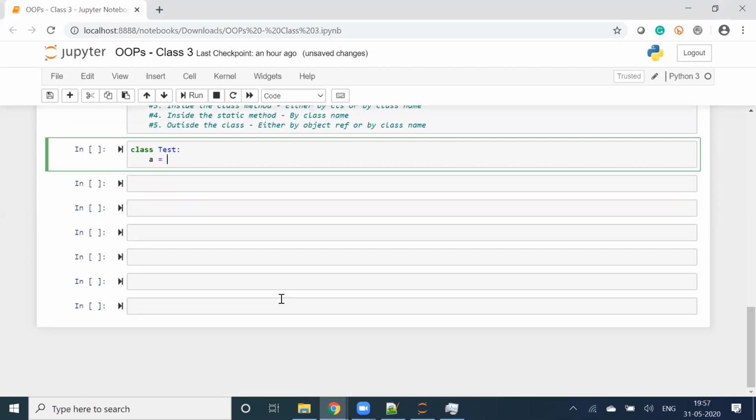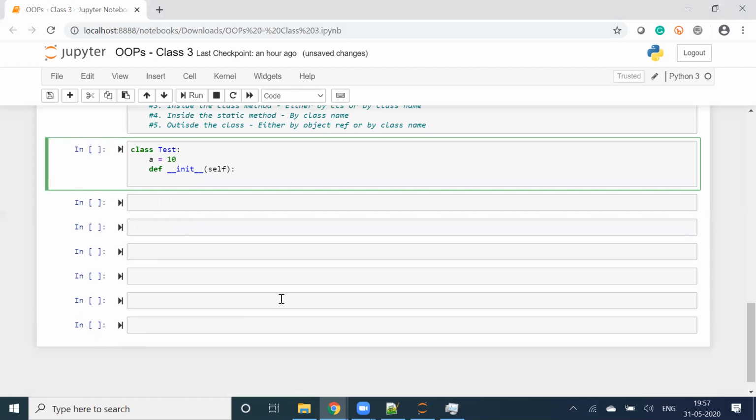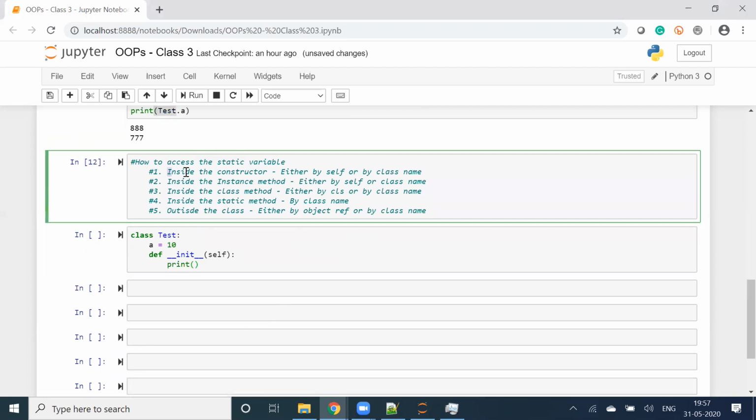Now a is equal to 10 is my static variable. def init self, print. I am accessing the static variable a inside the constructor either by self or class name.